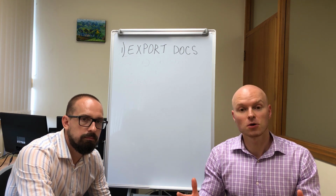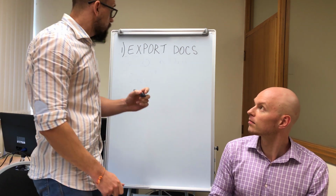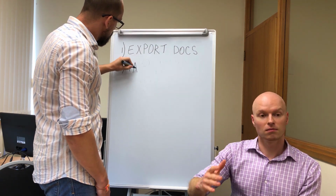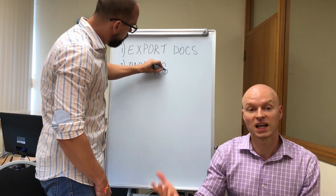Packing. It's another very common question. What sort of packaging do I need? The second one, just let me write it down, would be packing your goods. So once you know what sort of documents you have to provide for your car, if you have a vehicle,